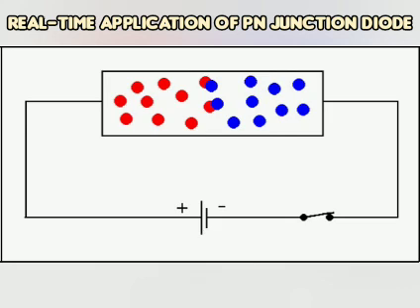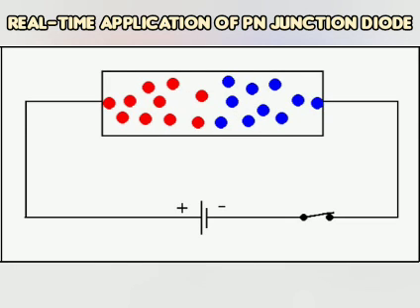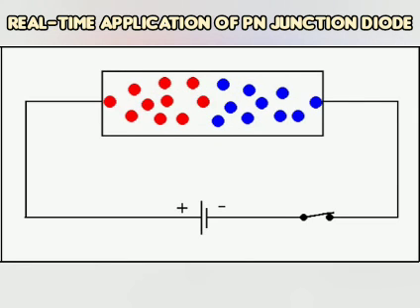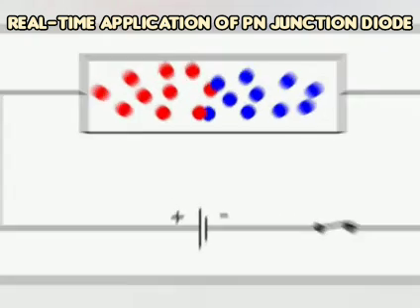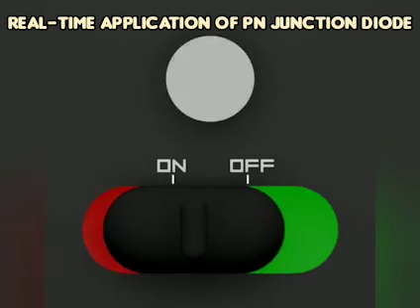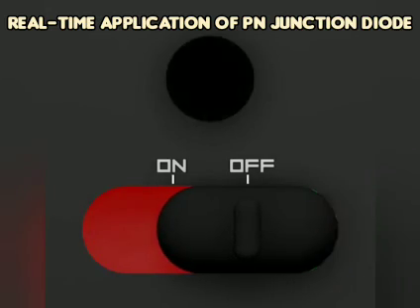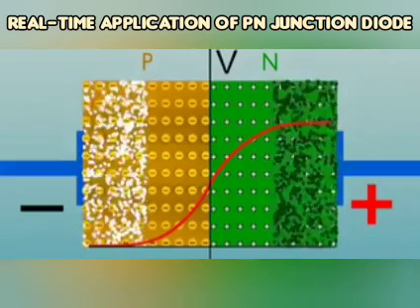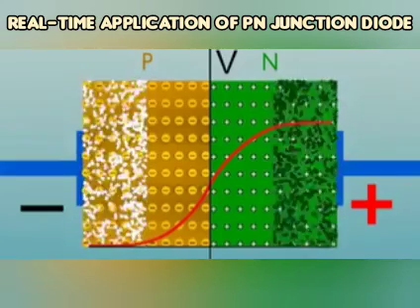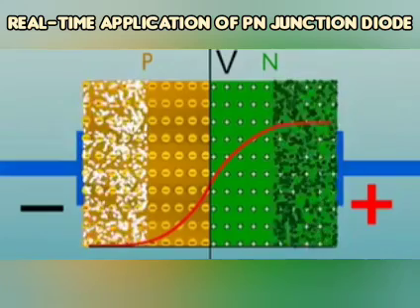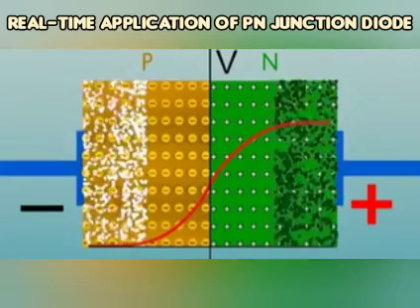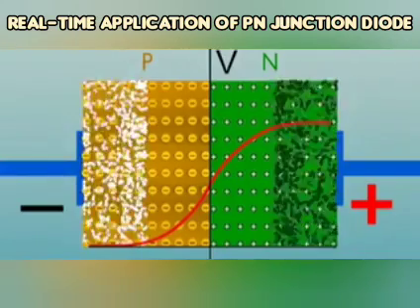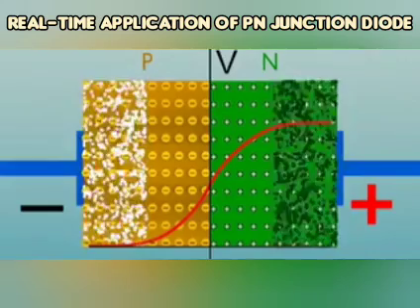As I have mentioned in the intro to the topic, the real-time implementation of this PN junction diode is nothing but a switch. It acts as a switch, it acts as a rectifier. Yes, the switches which we use in our daily life are the major real-time application of this PN junction diode, which we can see in our daily life. Whenever we learn, try to connect it with the real-time applications which we use in our daily life. It will be very easy for you to learn.